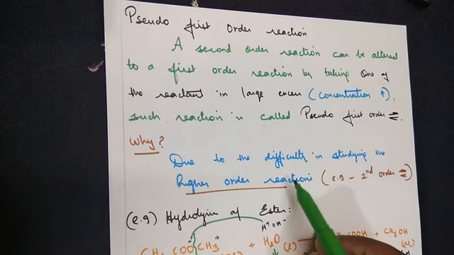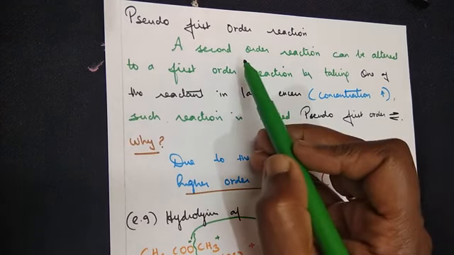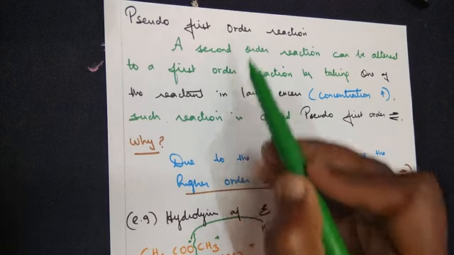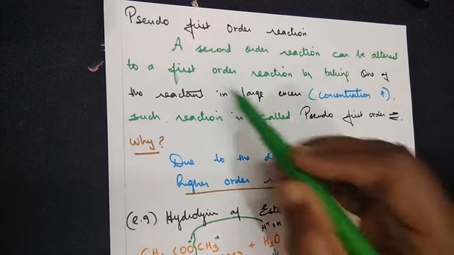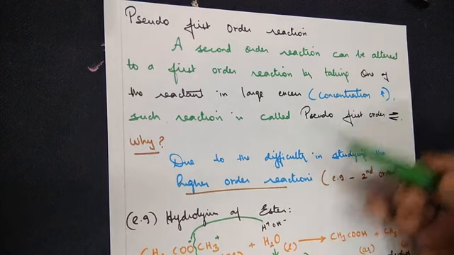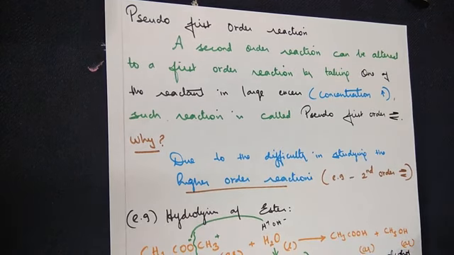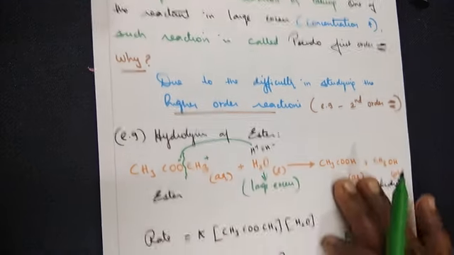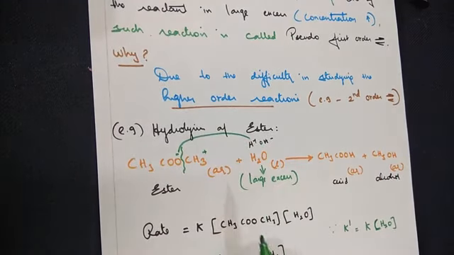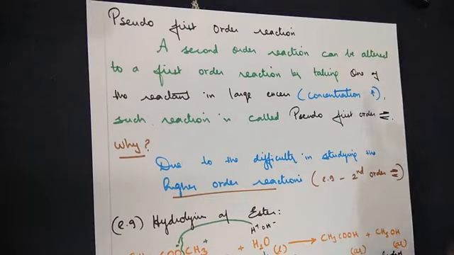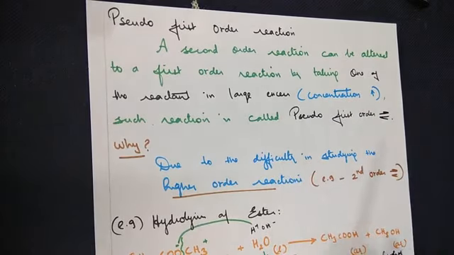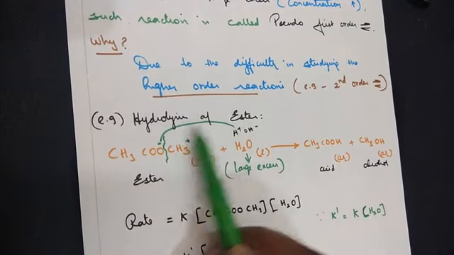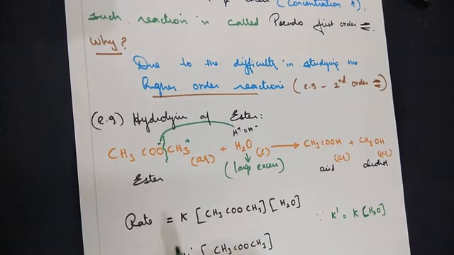To avoid such inconveniences, we convert the second order reaction to a first order reaction, meaning a higher order reaction to a first order reaction. As a result of it, we continue with the chemical kinetics concepts involved in it. Consider the example of hydrolysis of ester. The keyword here is that between the two reactants, one of the reactants should be taken in a large excess.